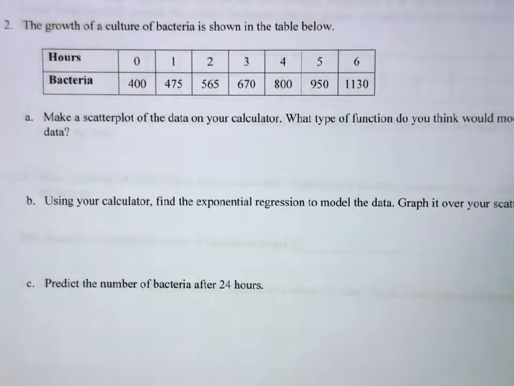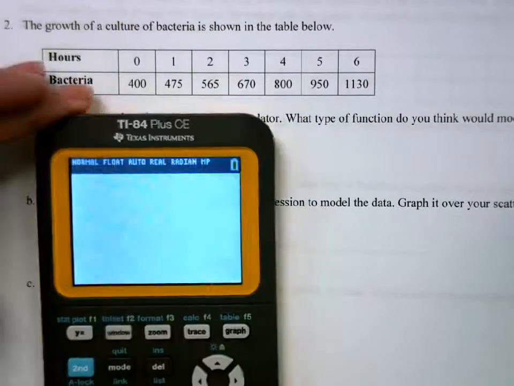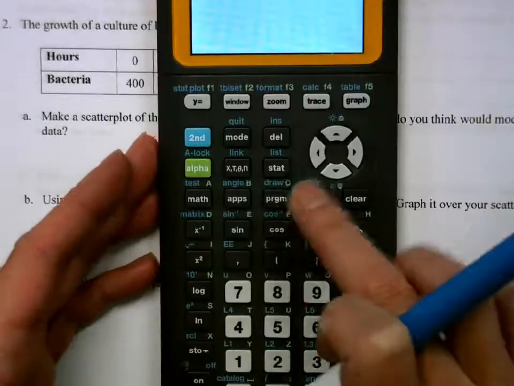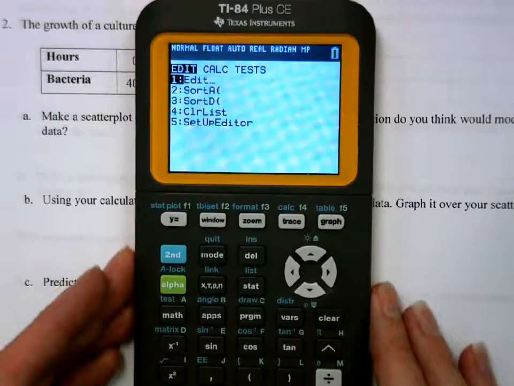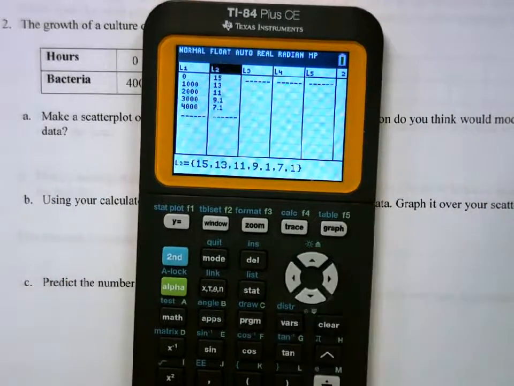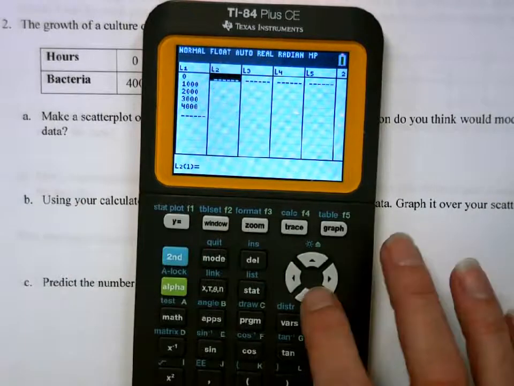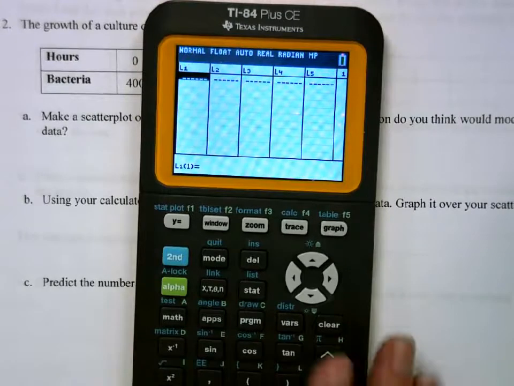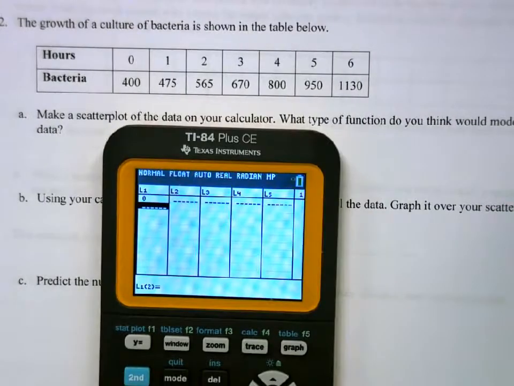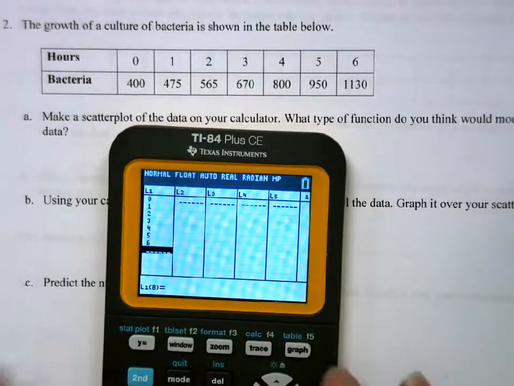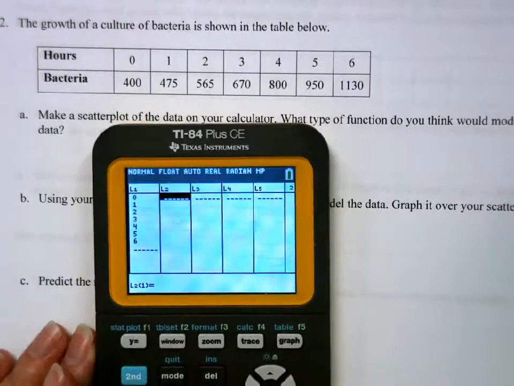All right, so another set of data. So in our calculator, we're again going to go to stat. We press our stat button, edit. Okay, now I want to get rid of the stuff that's in there. So you highlight the list and do clear, enter. Clear, enter. Do not hit delete. Okay, so we're going to have 0, 1, 2, 3, 4, 5, 6. So this is growth of bacteria. And then in our y2, or list 2,